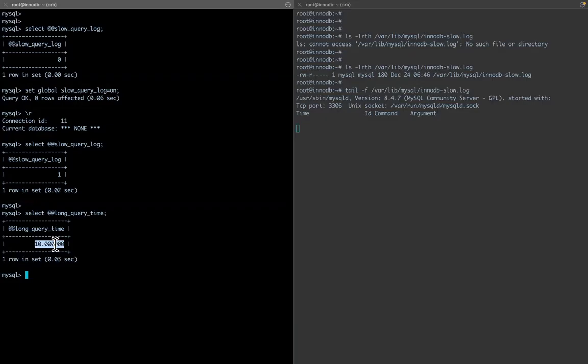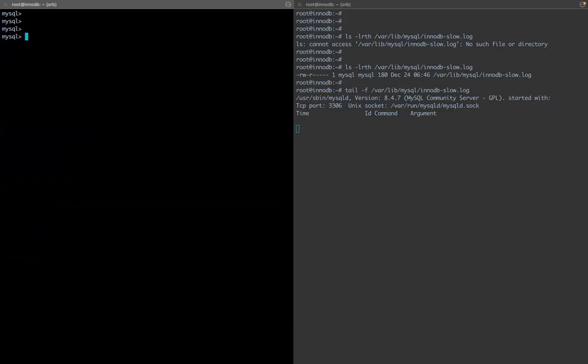So the queries which are running 10 or more than 10 seconds will be considered as a slow query, and those queries will be written in your slow query log. For example, as a best practice, we will set some higher value on the new environment, let's say 10 seconds. We will capture all the queries more than 10 seconds and